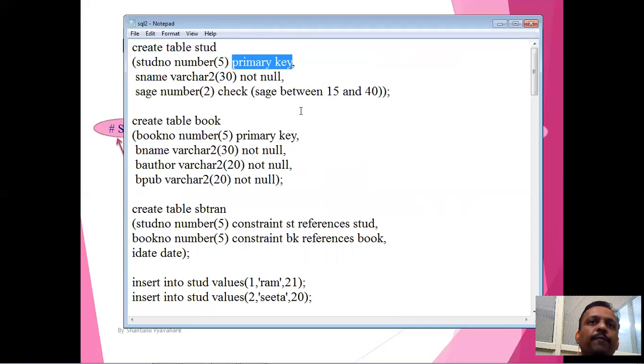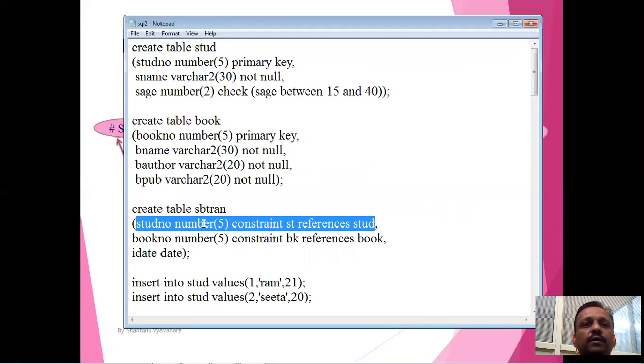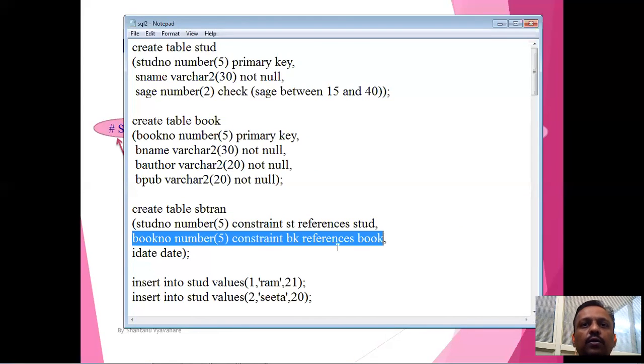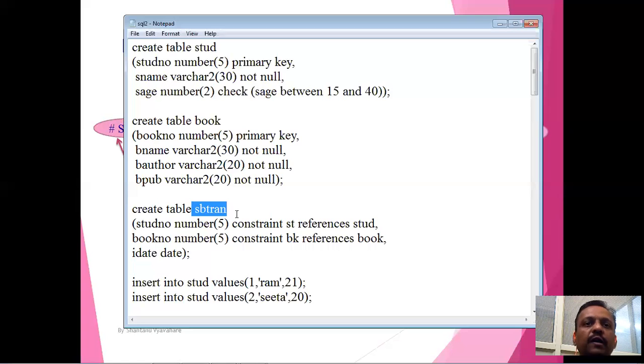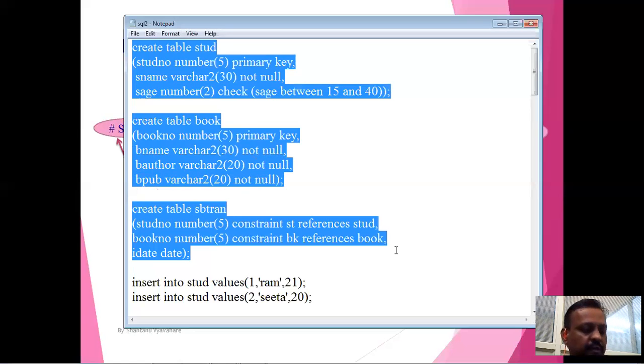In the transaction table, we have given a reference to student number of the student table and book number of the book table. Means these two keys become foreign keys for the SBTran table. So let's create the tables.